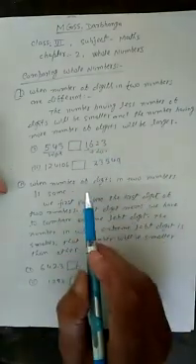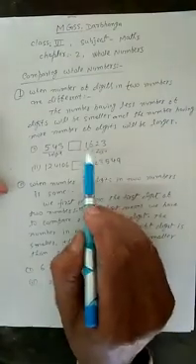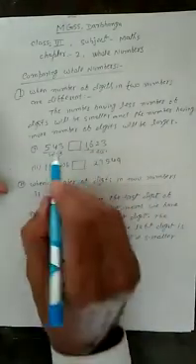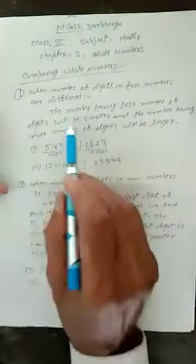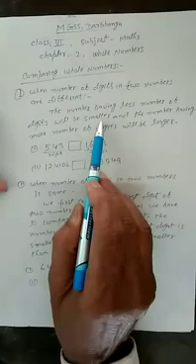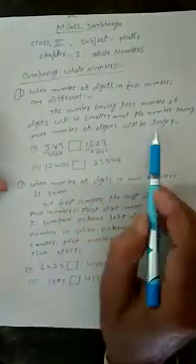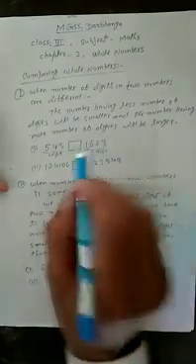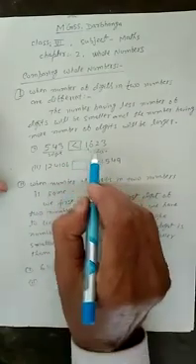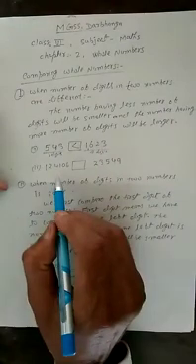And in this condition it is easy to compare. A number which has more digits is greater. Here 1623 is greater than 543. Here I have written: the number having fewer digits will be smaller than the number having more digits, which will be greater. Here 543 will be smaller and 1623 will be greater.